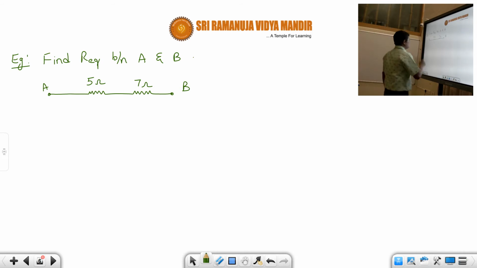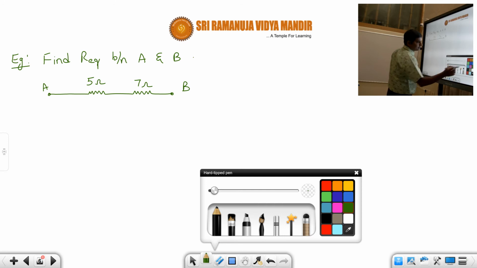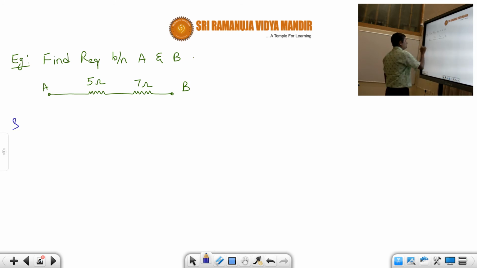Okay, students. So the first step, always remember, is that wherever they ask the equivalent resistance across the terminals, across those terminals you have to draw one battery, students. Since it is the first problem we are physically drawing, but afterwards you have to draw it in your mind. That means you have to assume that there is a battery across the terminals AB and current starts flowing from A to B, like that. But since this is the first problem, we are doing it by drawing physically.